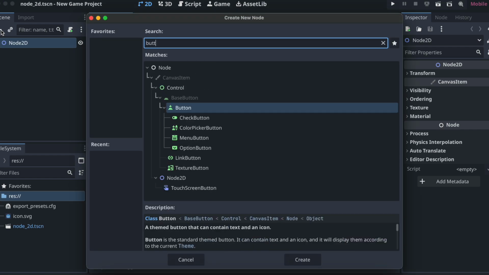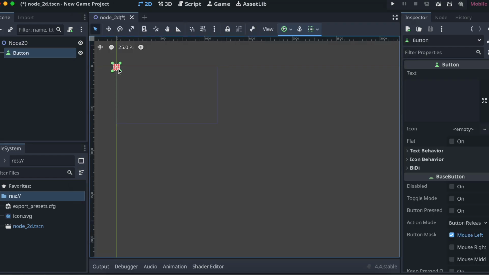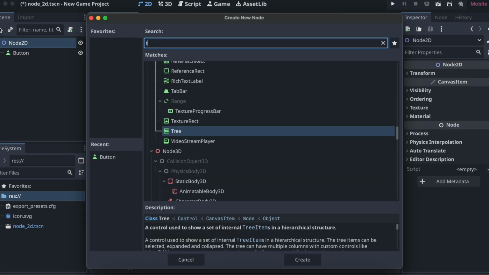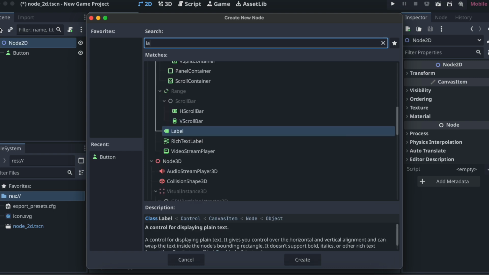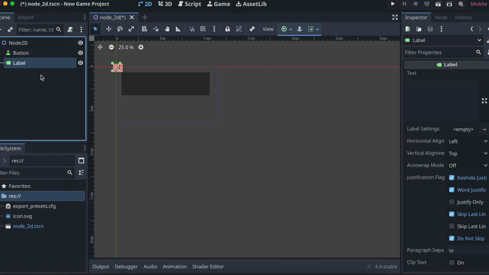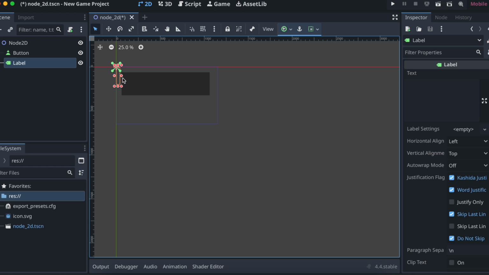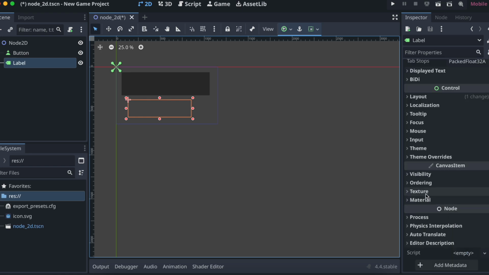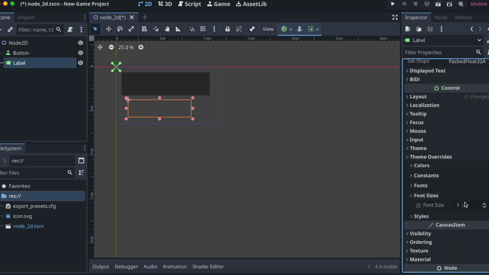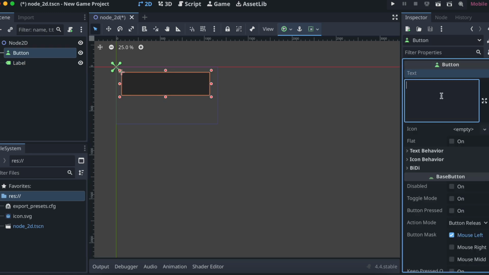Then I will just create one button to pick a document, and one label in case the user picks a text document or if there is any error, we need to show that particular error, right? So that's why I'm displaying this. I'm getting this label as well. Okay, so I'll just show it over here, and I'll change the font size. I go to theme override, font size, I'll change it to 40. And here is our button. I'll just name it pick document,